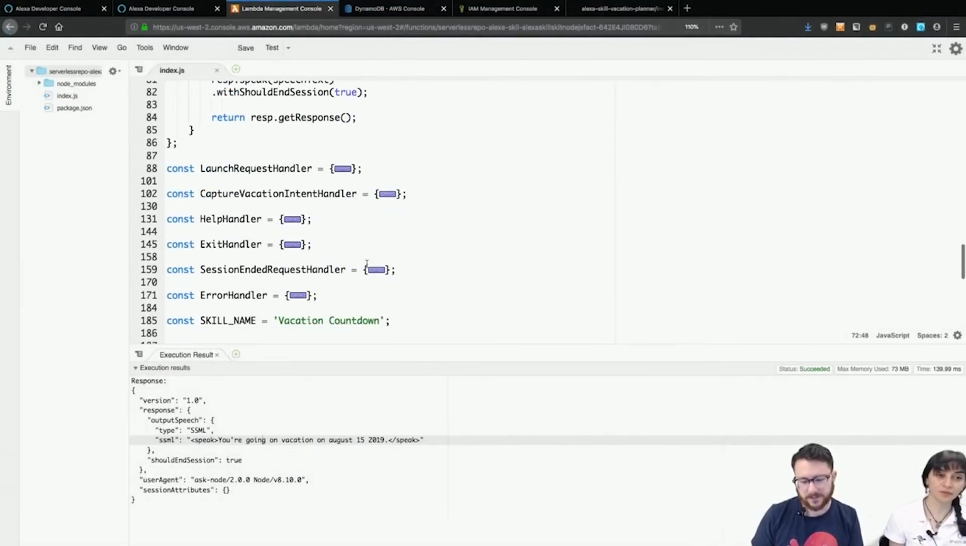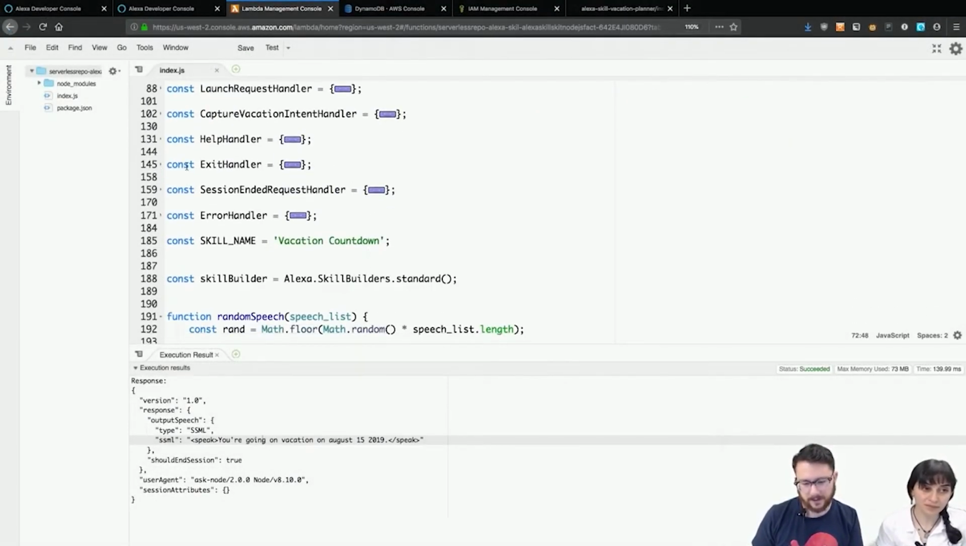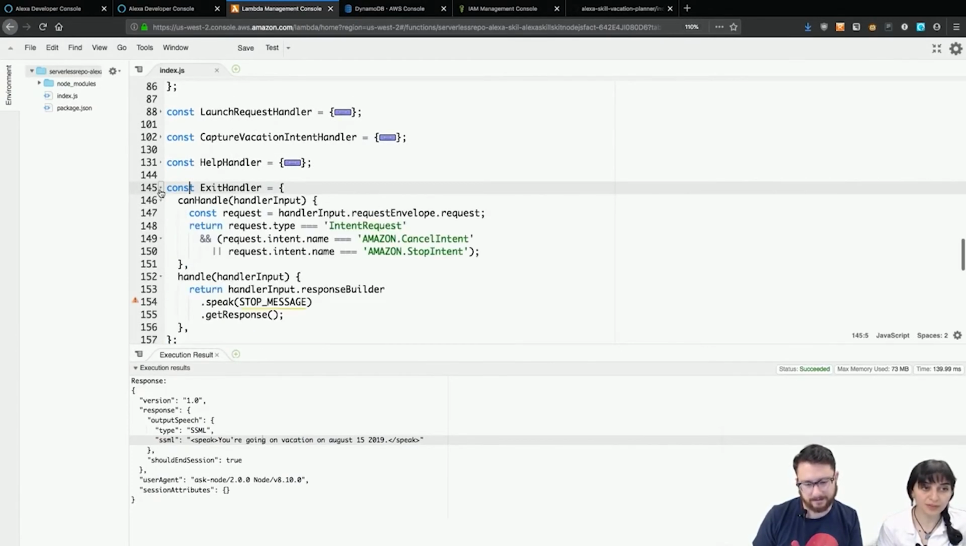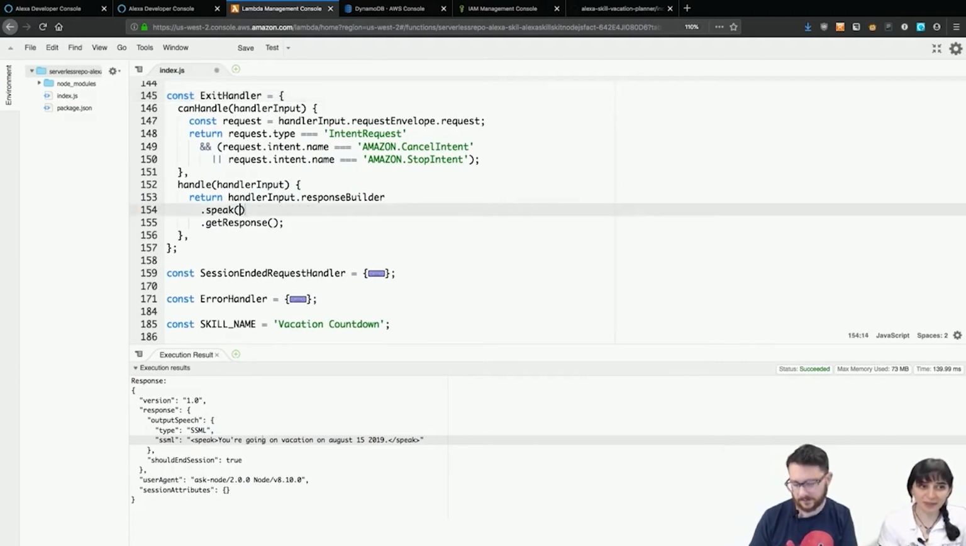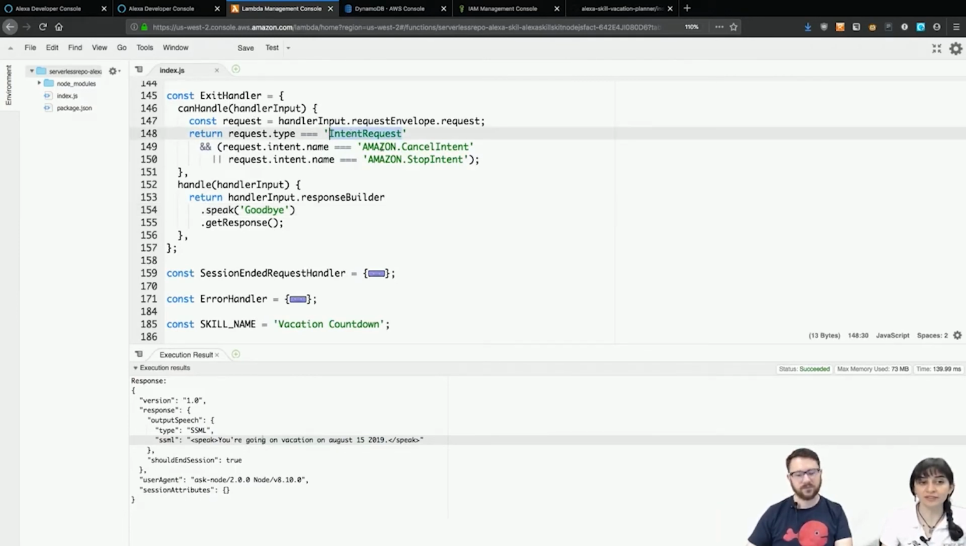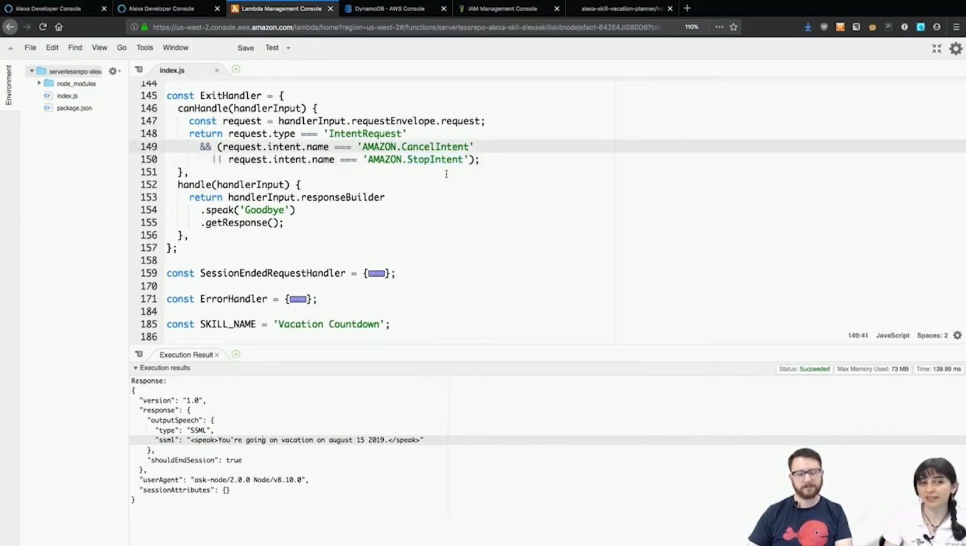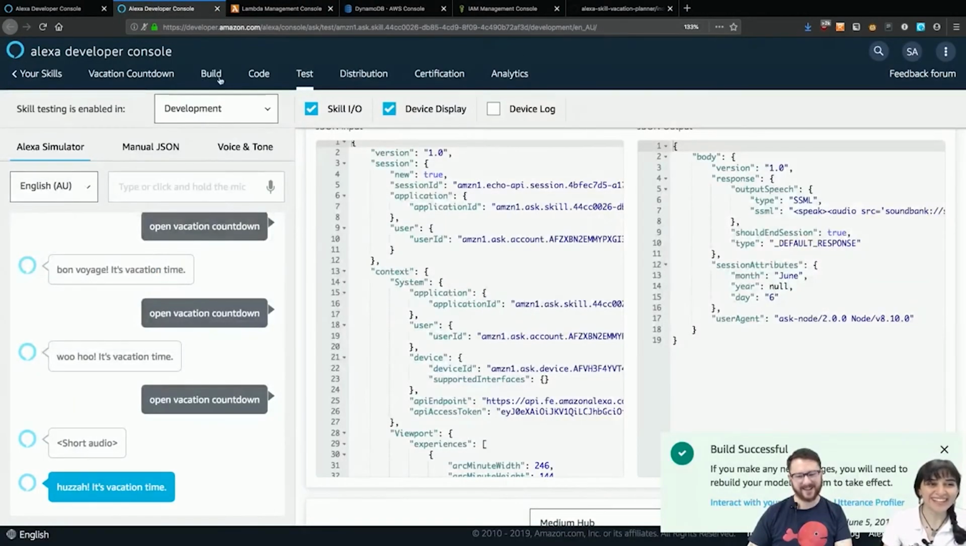Okay, so we have an exit handler. Let's look at that first. So this comes from the fact template that we use, so thankfully it's over there. We just need to explain what it does. So if the request type is intent request and the type is either cancel or stop, as you can see, these are the built-in intents. If we look at the model, so build,